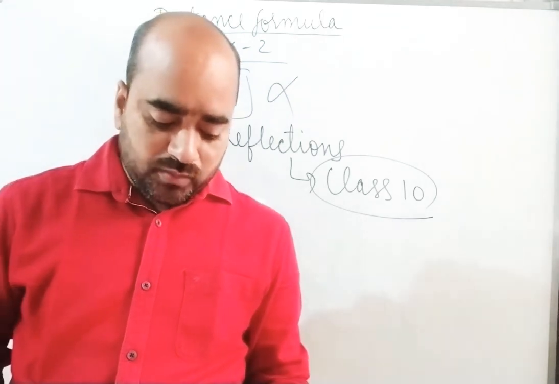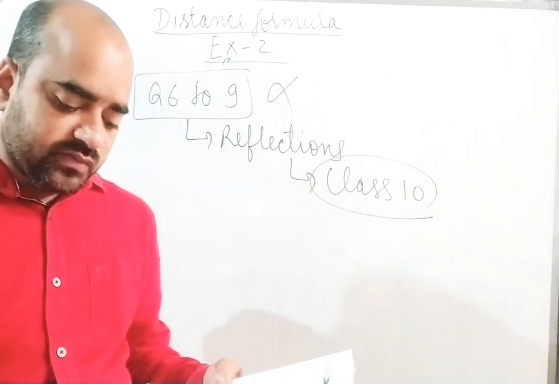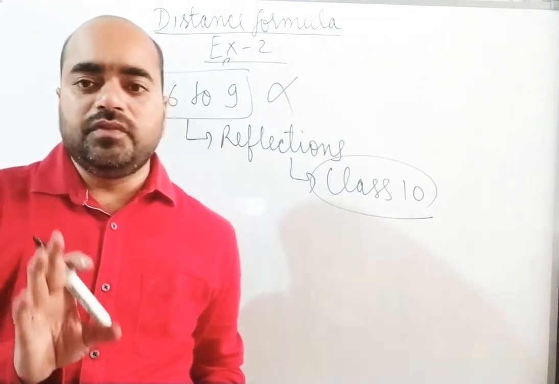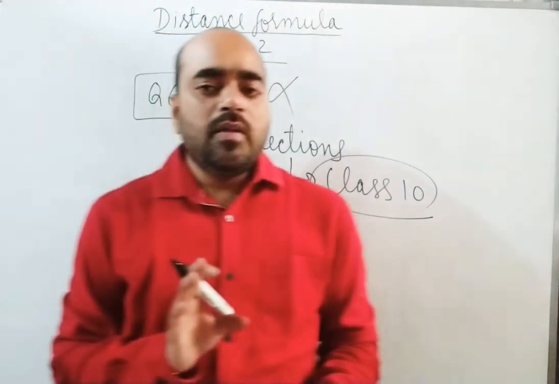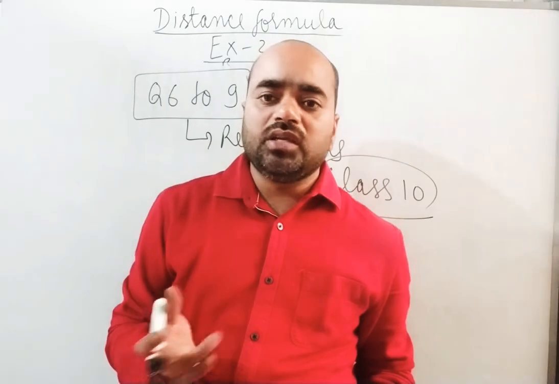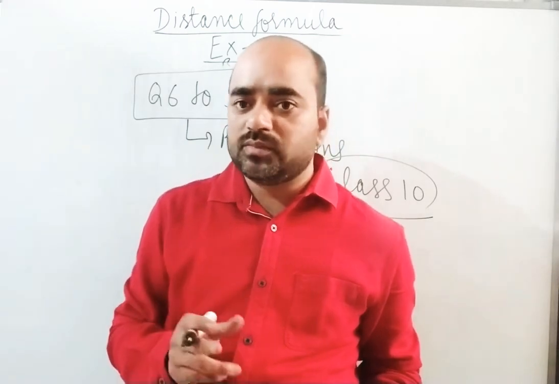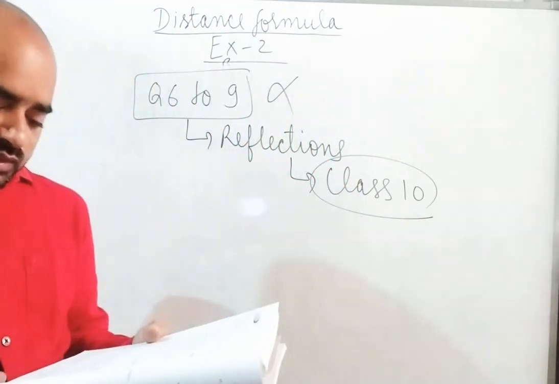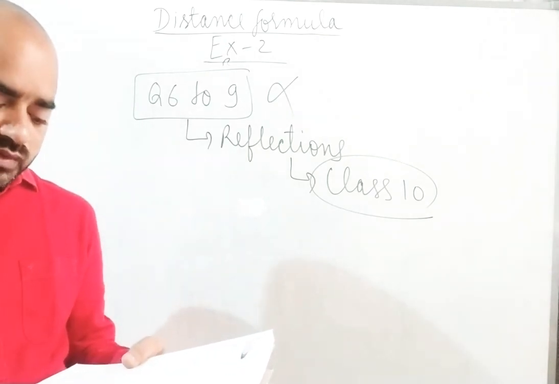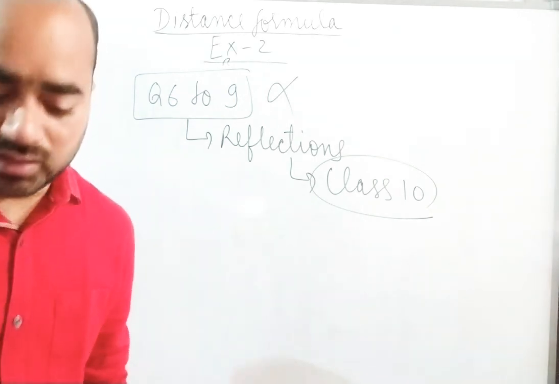So we will proceed from question number 10b part. Prove that the points are the vertices of an equilateral triangle. Equilateral means, since it is a triangle, we will have only three distances, three sides. For equilateral, all the three sides, all the three distances must be equal. Isosceles triangle means any two of the three distances must be same. Any two of the three sides must be same. So question number 10b part or 10c part, both the questions are based on proving that the points are the vertices of an equilateral triangle. So I am taking 10b part.